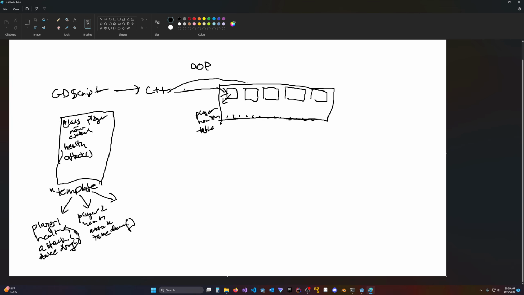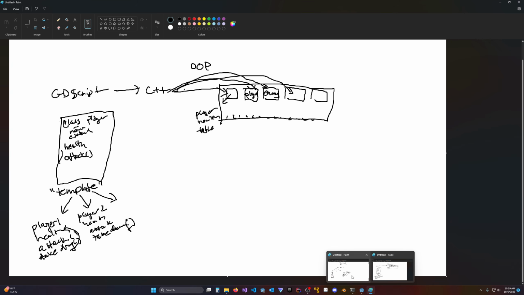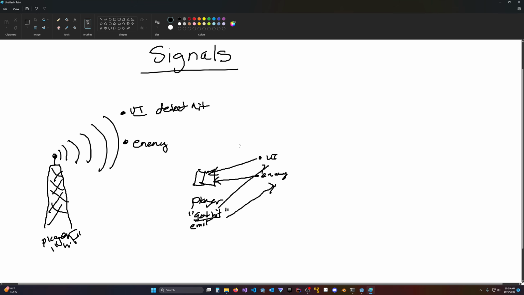And then when you make another player, it comes here. And then when you make another enemy, or let's say make an enemy, it'll go here. If you make another enemy, it'll go into completely different spots. And so that's why when you're connecting signals, if we go back to our little diagram, when we make, for instance, a second player, and you want the UI to communicate with that, you're not going to be able to just do it simply